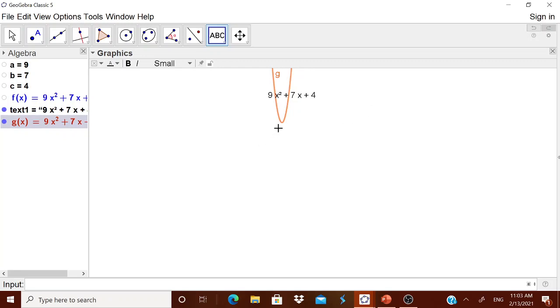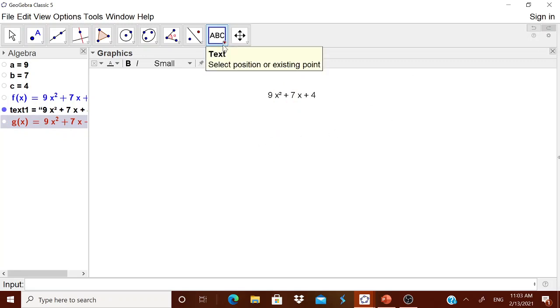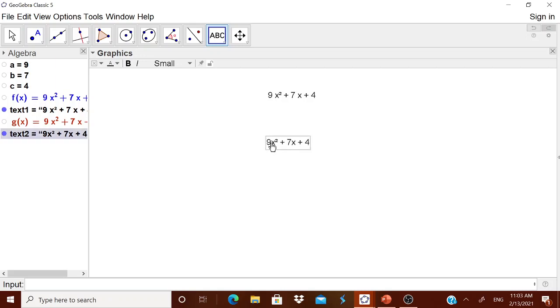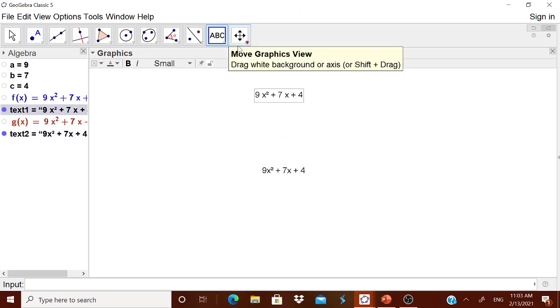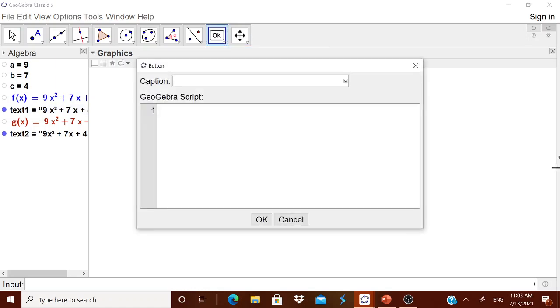Finish. I think this also, let us show the object. Here you can go to this ABC text and you can show the g to the children. I'm just telling you how to show it. These are the factors. This is the original polynomial. Now, how to generate a lot of polynomials? Go to the OK button. I think already we have discussed it. New. Here you can have a is equal to, b is equal to, c is equal to, like that also you can keep it.